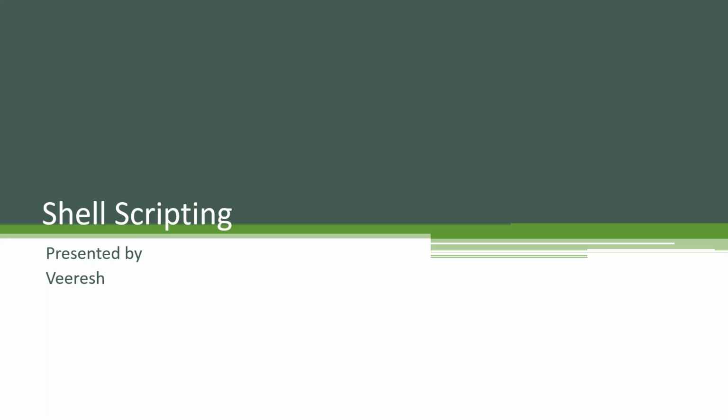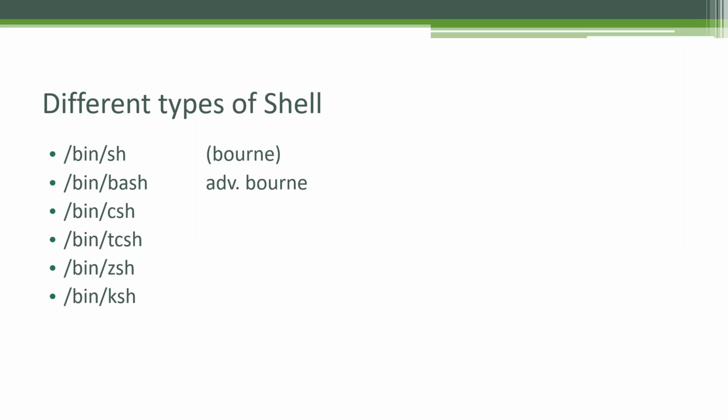So let's try to understand what shell scripting is all about, what are the different types of shells we have, and how to get started with writing a script in shell. There are different types of shells available, like the Bourne shell, which is represented with /bin/sh. And there came the advanced Bourne shell, which is called bash, /bin/bash. And let's say you are familiar with the C language and its programming style and syntax, you can go with